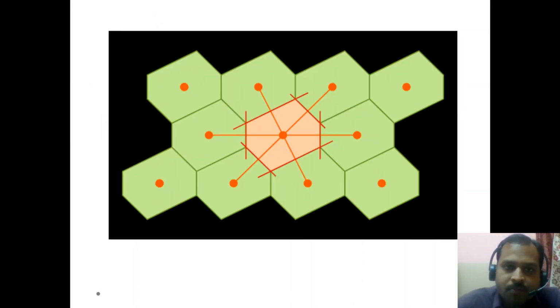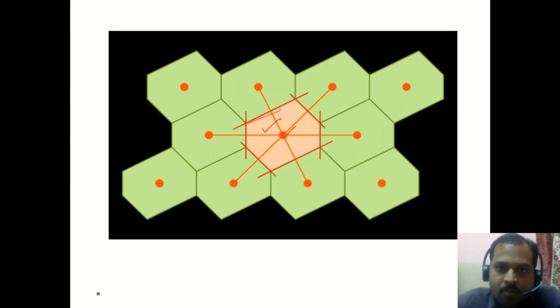Let us take another example. Here we can see the corresponding lattice point around which we have constructed the Wigner-Seitz cell. We have drawn the perpendicular bisectors for all the neighbors, and the pink region is the Wigner-Seitz cell, and when we repeat it, we can generate the entire crystal. In 2 dimensions, the Wigner-Seitz cell is an area, whereas in 3 dimensions, it is a volume. So we can have different shapes for the Wigner-Seitz cell for different crystal structures.